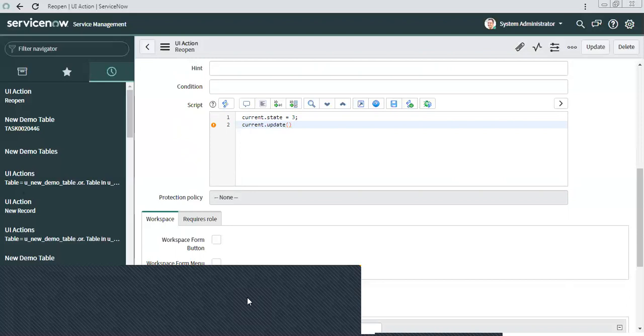And then here you also get one thing, redirection. So after update, where you want your form to be redirected. action.redirect, if I remember things correctly.